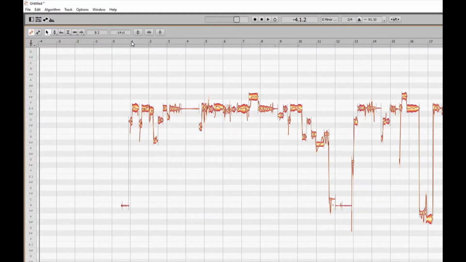Hi guys, let's have a look at using the macros in Melodyne 5. There's 3 of them, the Quantize macro, the correct pitch macro and the note leveling macro. We access the quantize with Q, the correct pitch with P and the note leveling with the letter N for note. So the first thing I'm going to do is just check out the tuning of these first few notes